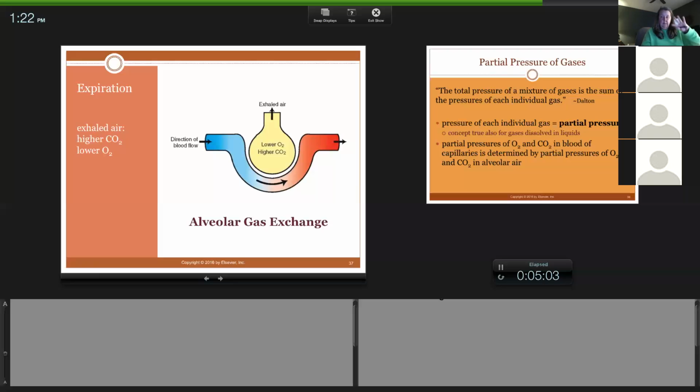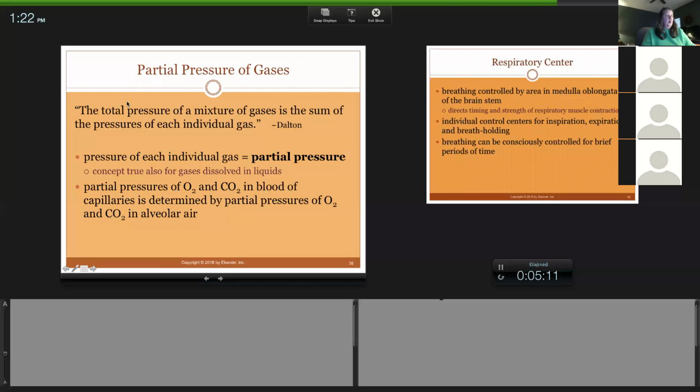It isn't until they exchange in the capillary that internal respiration occurs. Now, not that you have to know this fancy definition, but it says a total pressure of a mixture of gases is the sum of the pressures of each individual gas. I remember I read these rules in school and I'm like, gosh, what does this mean? All it's telling you is that